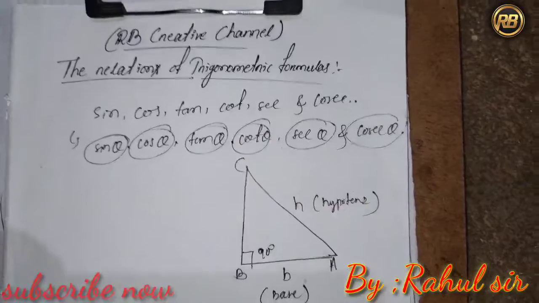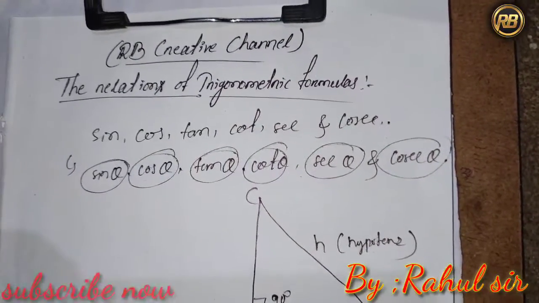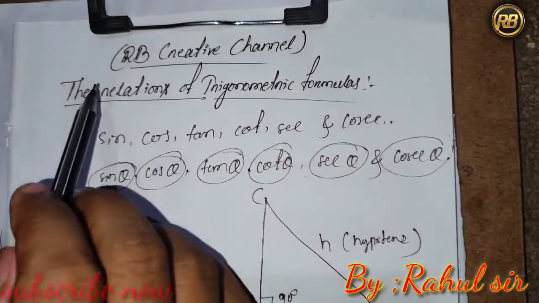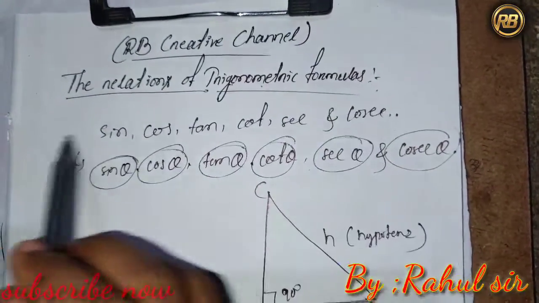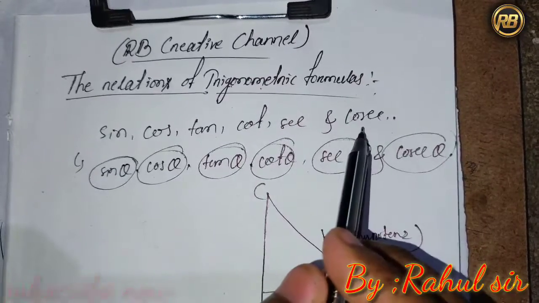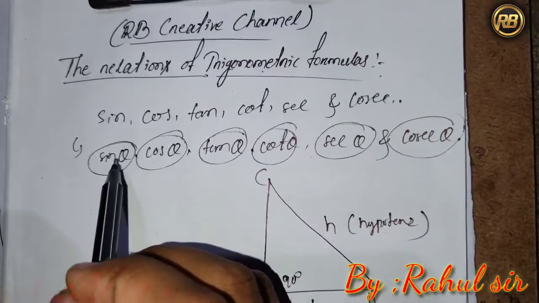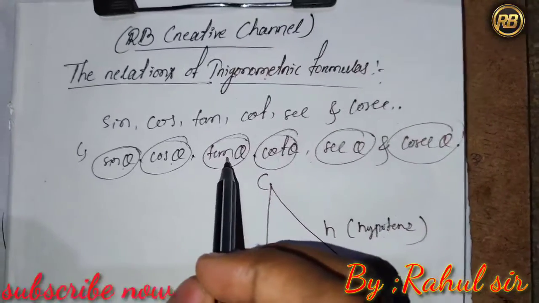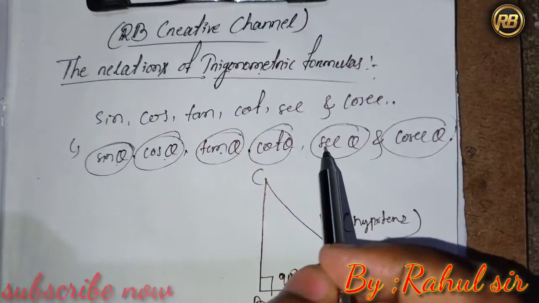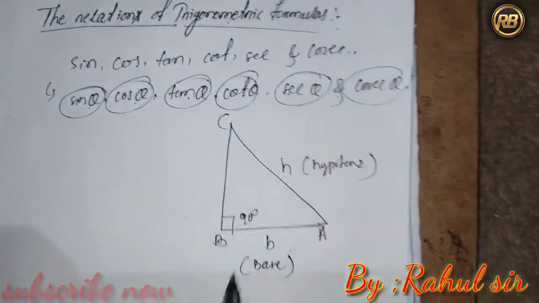Today we discuss the most important topic of the trigonometric chapter. What are the relations of the trigonometric formulas? That is sine, cos, tan, cot, sec and cosec. What are the values of sine theta? We can write the symbolic form of sine theta, cos theta, tan theta, cot theta, sec theta and cosec theta. Let's draw a picture of a right angle triangle,